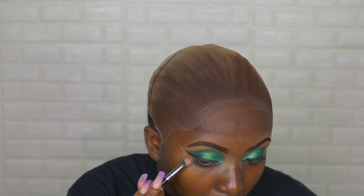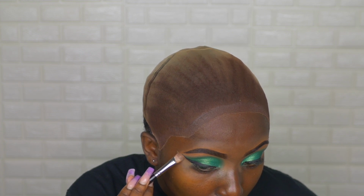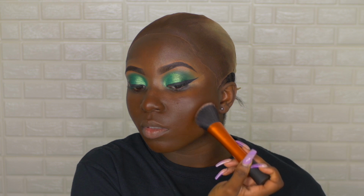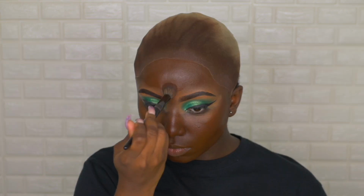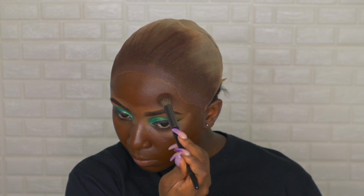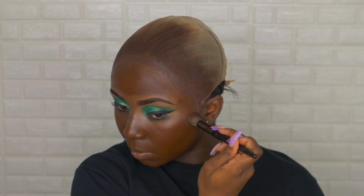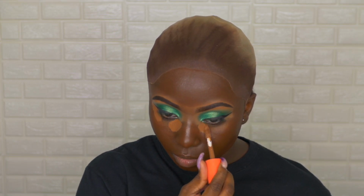Now to clean up my wing, I'm just using my concealer brush and some concealer. But I already went ahead and prepped my face and primed my face with my Milk Primer. And now onto foundation, I'll be using my Lancome Tint Idole in the color 555, mixed with my Huda Beauty Faux Filter Foundation in the color Lava Cake. And I'm just using my Real Techniques Insta Pop brush alongside my small Morphe brush just to buff that